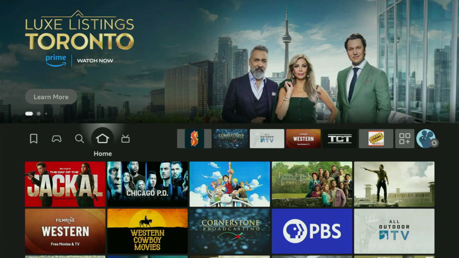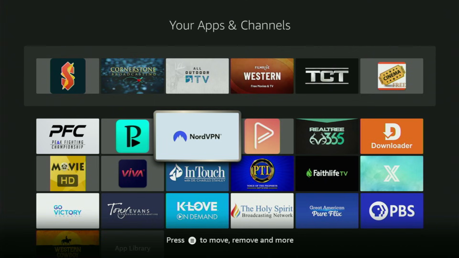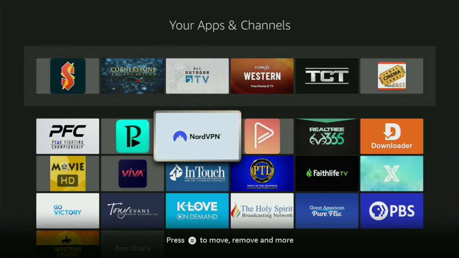So now finally we go straight back to the list of apps on your Fire Stick. We open it up, and here's Downloader, which is set up and ready to use on your Fire Stick. But before actually using Downloader, there's one more thing which I always recommend doing, and it's of course connecting to